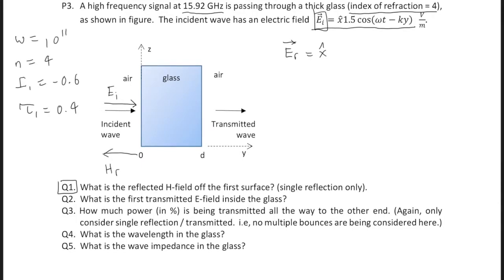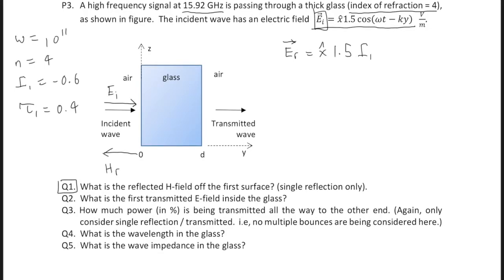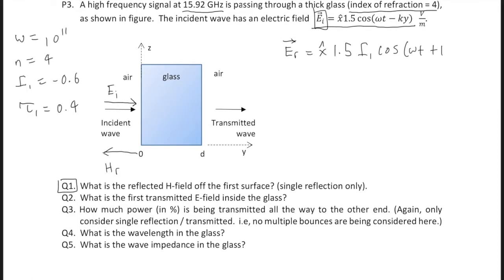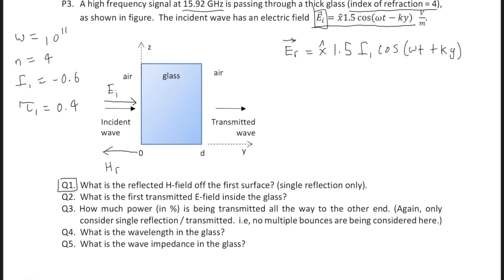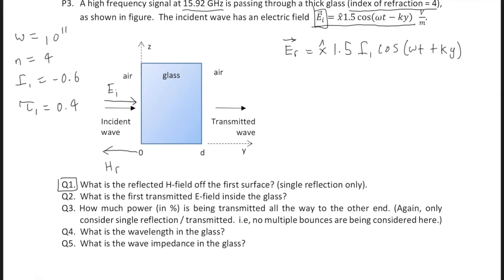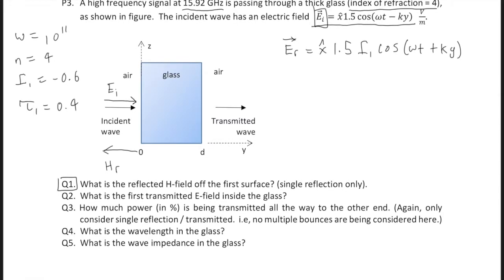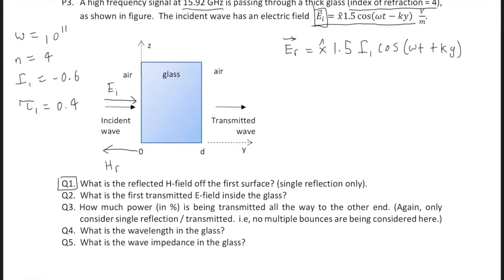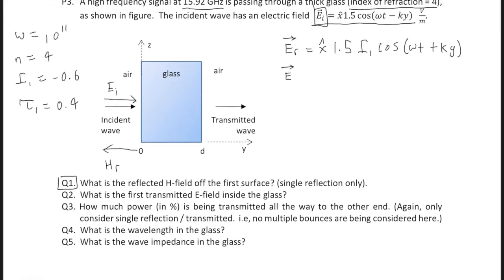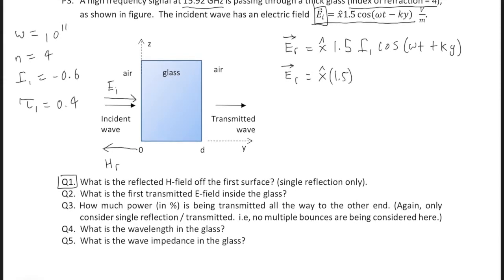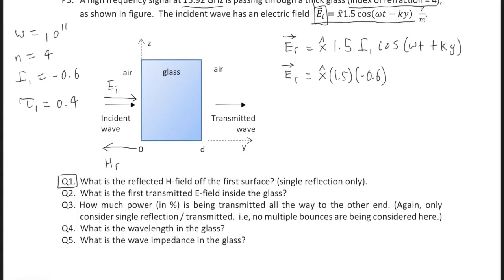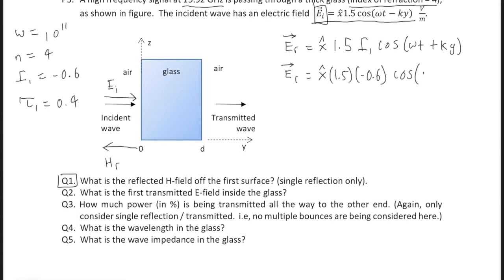So we can say x hat 1.5, our reflection coefficient, cosine omega t plus k. The reason why we say plus k is because the direction of propagation will be the exact opposite of the incidence, because this wave is bouncing off our glass plane here. And then we can just fill in for ER. So we get ER x hat 1.5 times negative 0.6 times cosine 10 to the 11 t